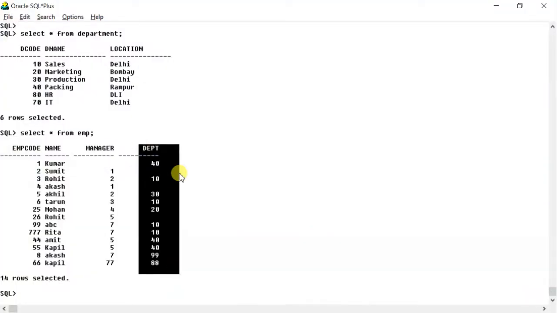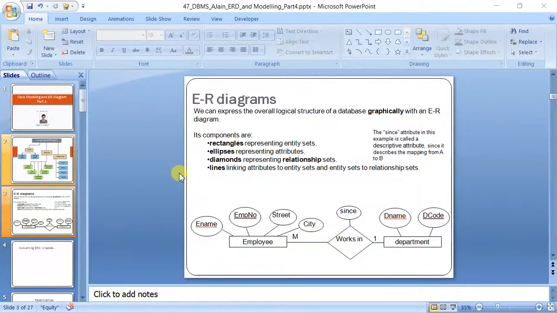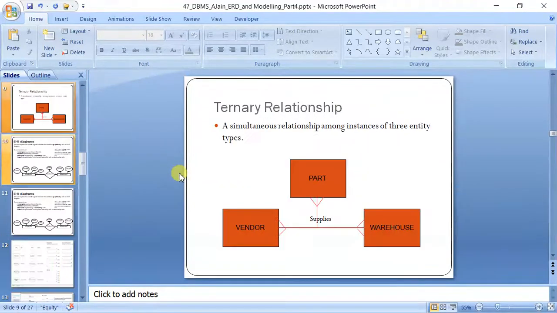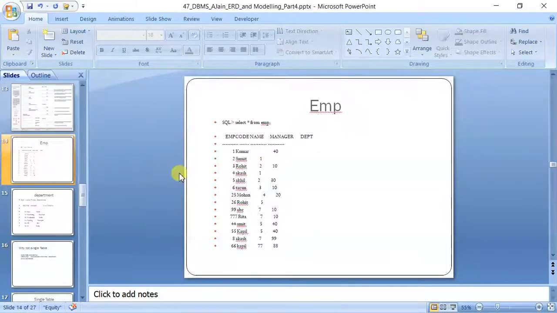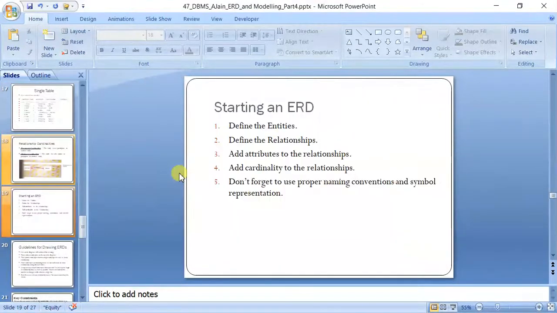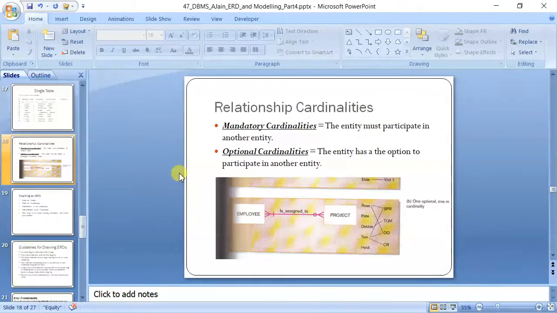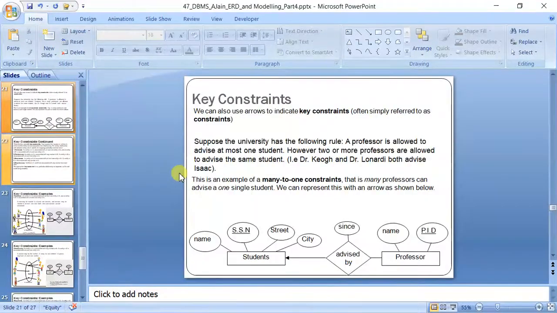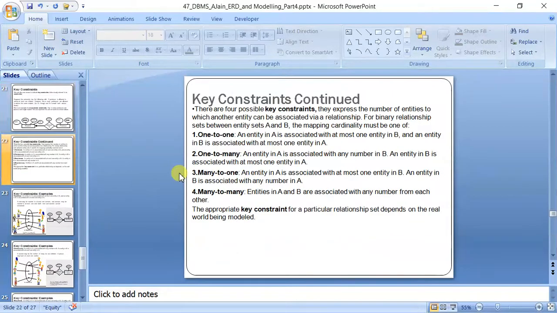Okay. So this is how this ER diagram is converted into tables using this relationship. And sometimes it is also known as relationship cardinality, and it is also called key constraint. So all these things are similar.